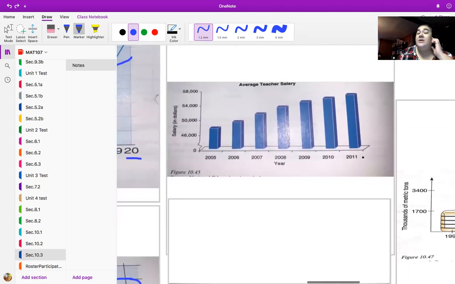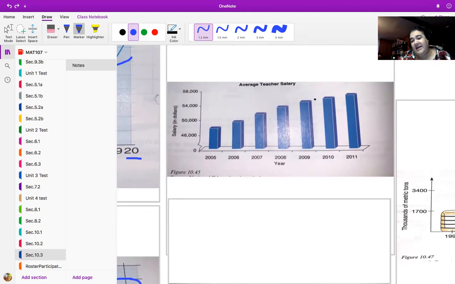All right, so once again, we're still looking at that same data on the line graph of teacher salary. Now it's been made into a bar graph, and it's been made into a 3D bar graph, okay? In this 3D bar graph, it looks like the salary is increasing rather nicely. This 3D bar graph also makes it seem as if you're increasing by quite a bit. But what you should notice is that here, the actual salary increase was over $56,000, and because of the